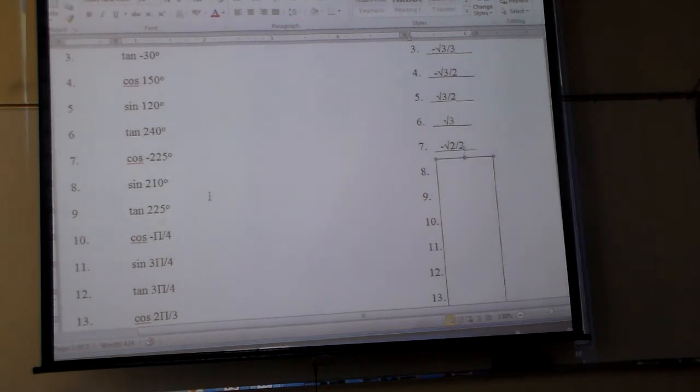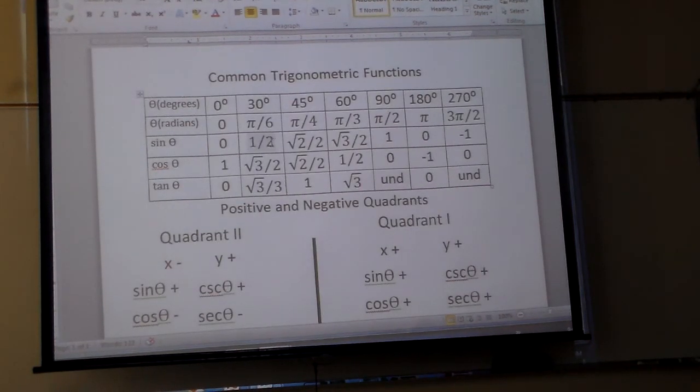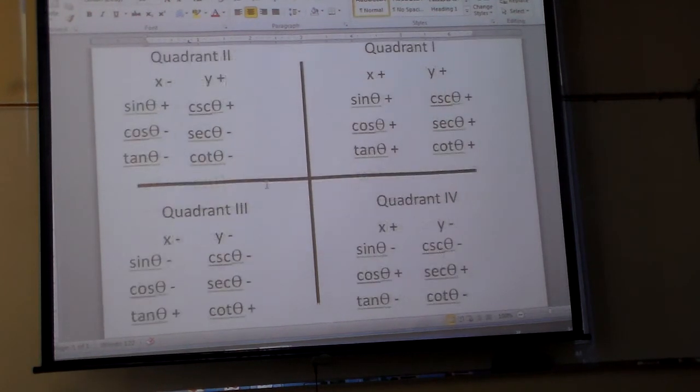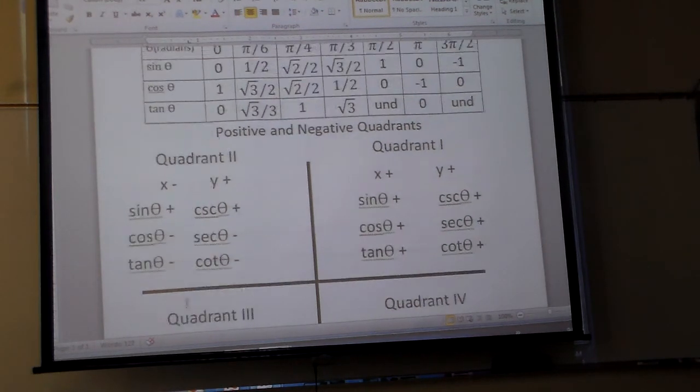What about sine of 210? Is it closer to 180 or 360? 180. How far is it from 180? 30 degrees, so I'm going to look at sine of 30. We should think of Sheldon Cooper when we hear sine of 30, right? Exactly 1/2, from that little video. But okay, 210 is in what quadrant? 3. And sine in quadrant 3 is negative, so I have negative